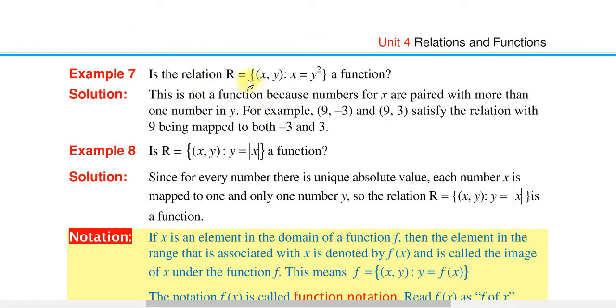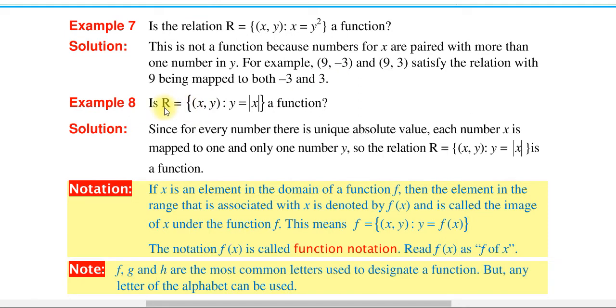Is the relation R, the set of (x, y) such that x is equal to y squared, a function? This is not a function because numbers for x are paired with more than one number in y. For example, (9, 3) and (9, -3). ኔጌቲቭ 3 ስኩዌር ሲሆን 9 ነው and 3 ስኩዌር ሲሆን 9 ነው። ያ ማለት 9 ሁለት ጊዜ ፔርድ ሆነ ማለት ነው ከኔጌቲቭ 3 እና ከ3 ጋር። ስለዚህ ፋንክሽን አይደለም ማለት ነው።